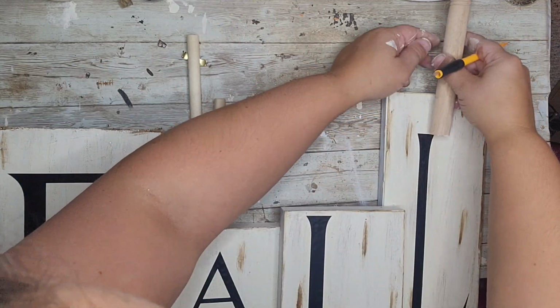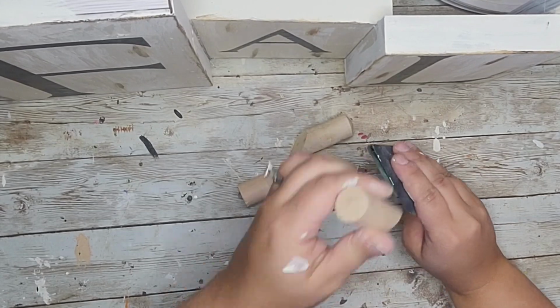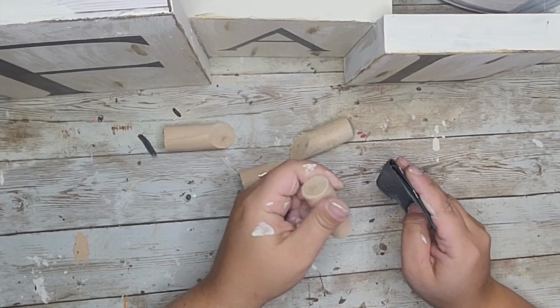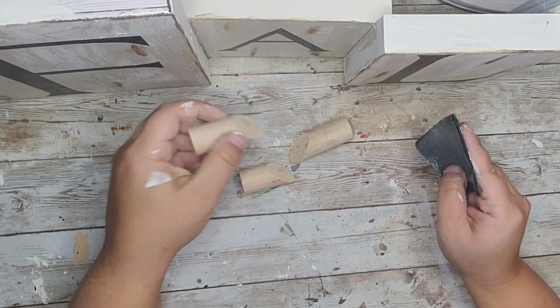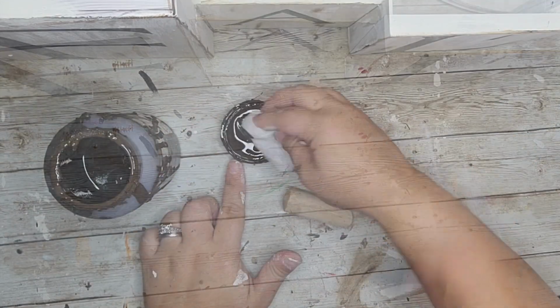I just have this scrap plunger brush or plunger stick. So I cut them down to the heights that I wanted, and I did cut them at a 45-degree angle because in the original piece, they were at an angle. I did cut them different lengths, and then just decided which one looked best on which sign. And I am sanding these down as well because they were kind of